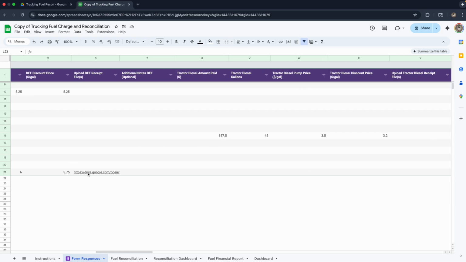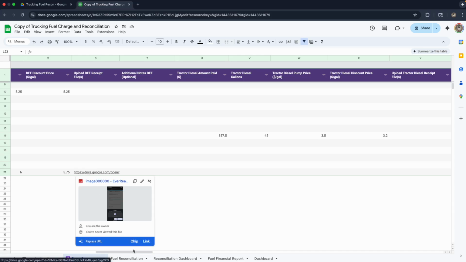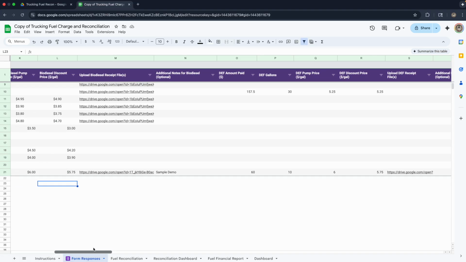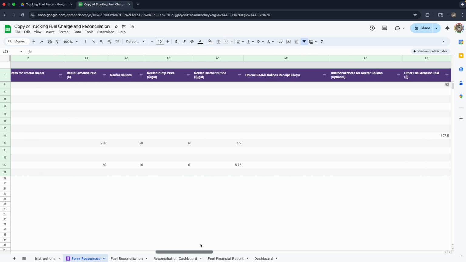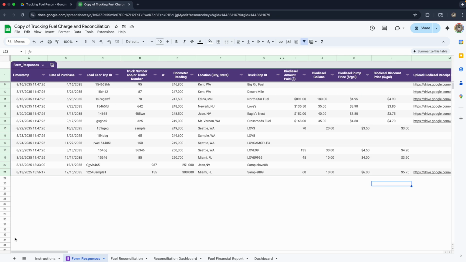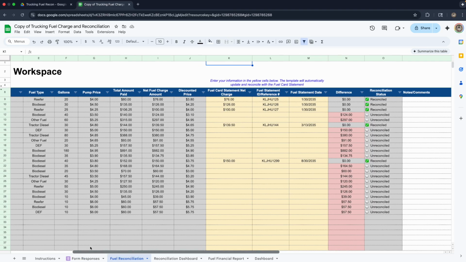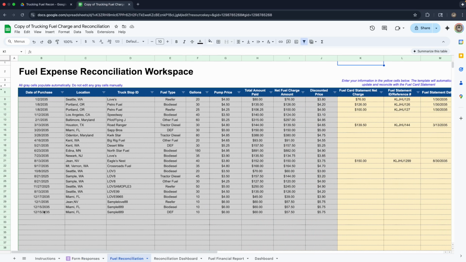So you can see I uploaded an image. It's not a receipt, but I'm just showing you as an example. You can upload a receipt if you want later. All right. And then here, if you go to fuel reconciliation, you can see that it automatically pulled that data